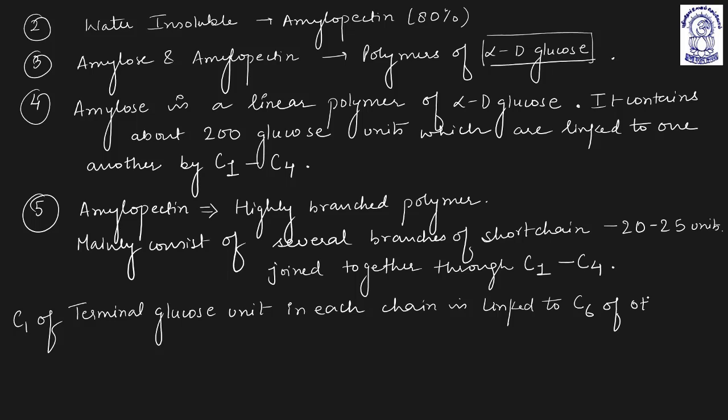So in case of amylopectin, there are two glycosidic linkages. One is between C1 and C4 and the other one is between C1 and C6. Starch on hydrolysis